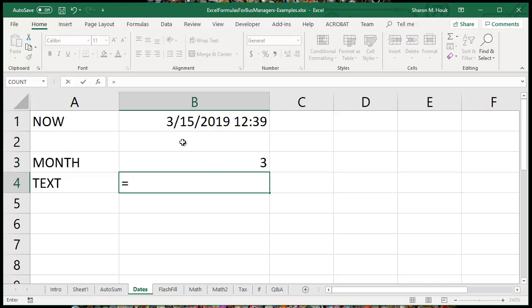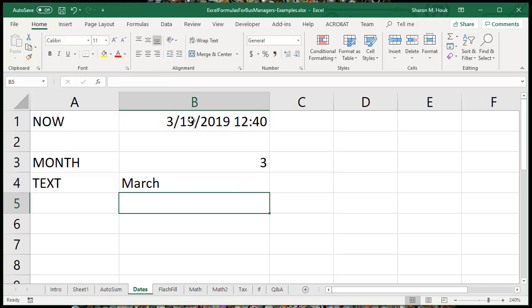Let's take a look at turning the month into text. So I'm going to look at B1 and use a function called text and say format it like that, which, where would you find that information? Well, Excel has excellent help screens that will tell you, oh, there is a function called text. Here's the ways that you use it, including use this MMMM as a way to pull out the word for the month. So depending on what you might need out of something, you could use either of those functions to